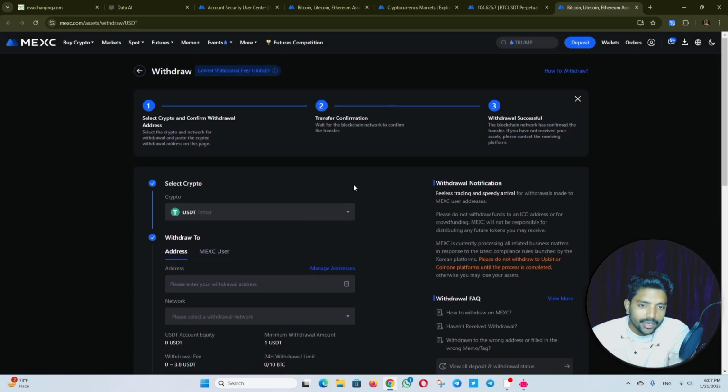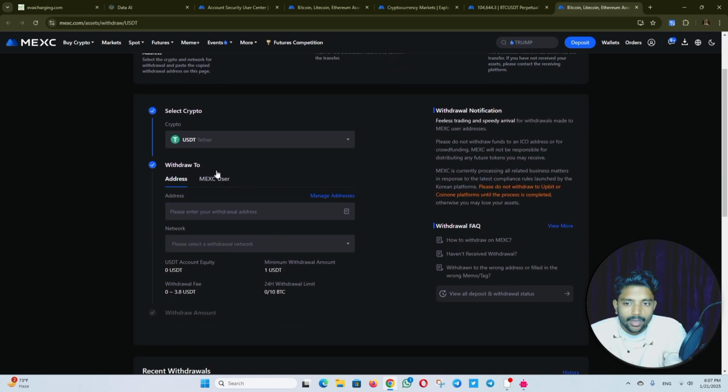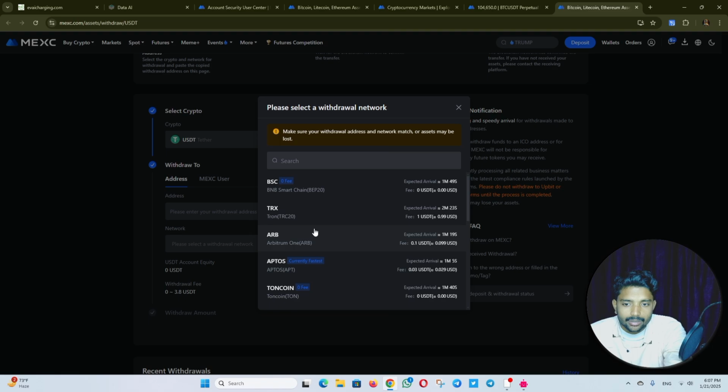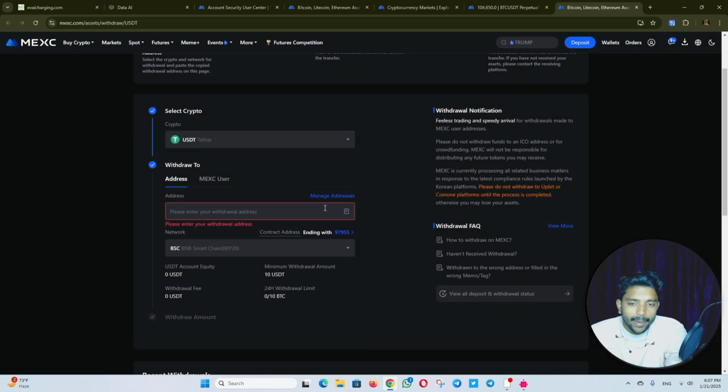I have already explained the deposit process at the beginning of the video, and withdrawal is the same but the opposite. You can select the wallet address and paste your receiving address here and select the network. Just use the most popular BNB Smart Chain BEP20 wallet address.